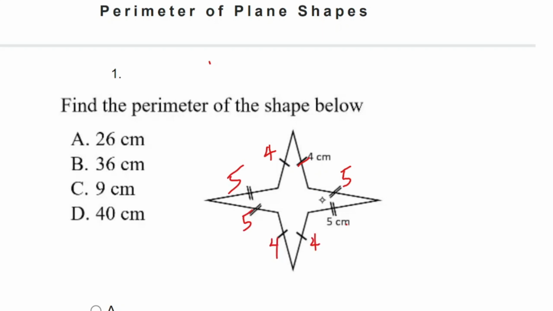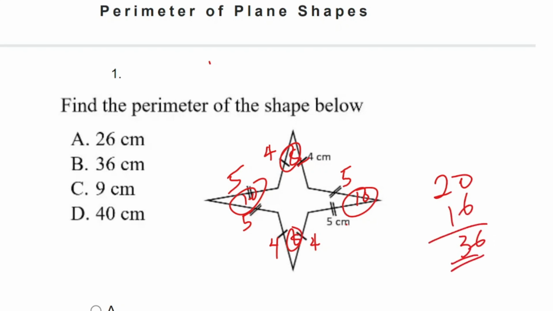So 5 plus 5, this will give us 10. This also gives us 10. This will give us 8. This will give us 8. So 10 plus 10, that is 20. Then 8 plus 8, that is 16. So that gives us 36 centimeters, which is option B. So option B is the answer. So we'll move to